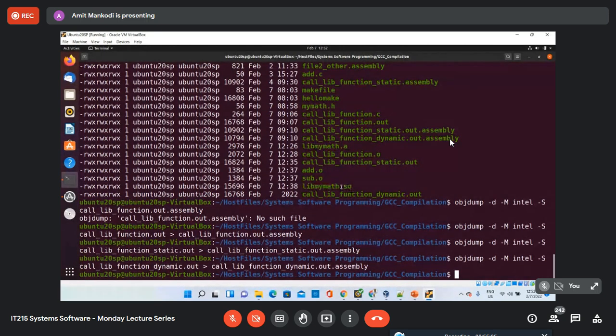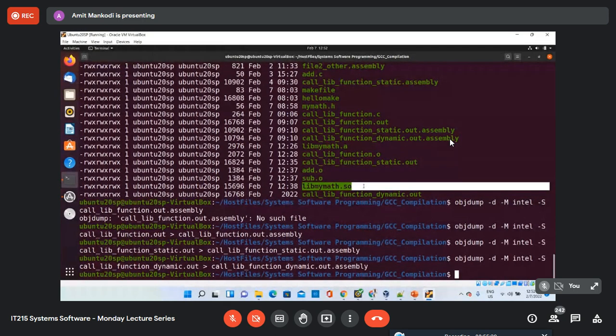So therefore this file size is larger, but we are not worried about this particular size. What you are worried about is the size of these files, because these are the files which you are going to actually execute and ship. In case you have developed your own library, then you will be supplying this library file and the header file.